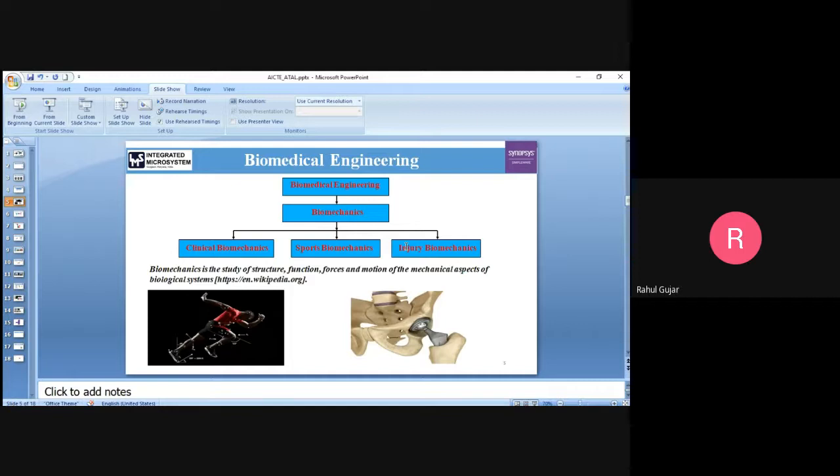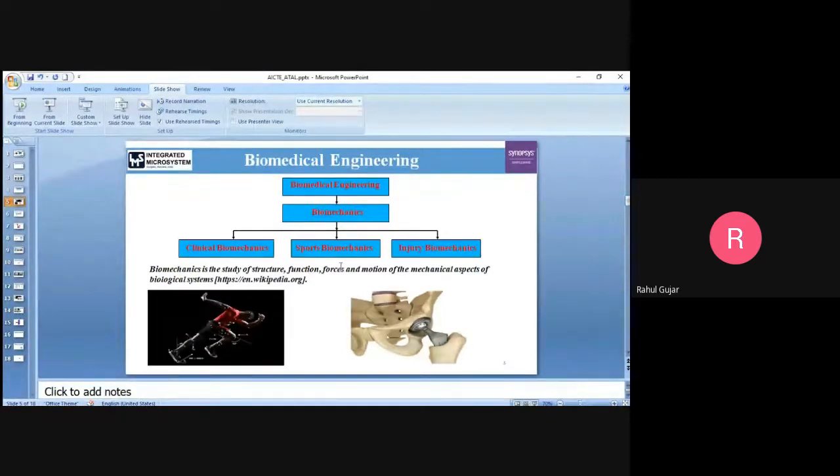And we know what biomechanics is: it is the study of the structure, function, forces and motion of the mechanical aspects of biological systems.